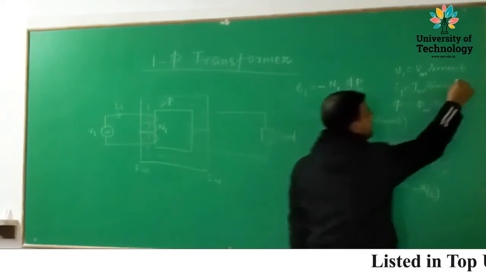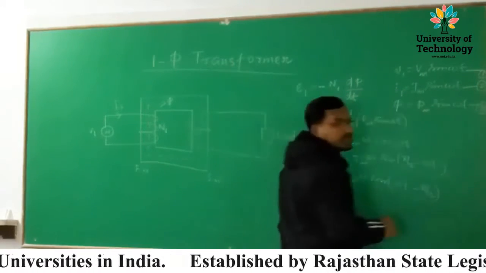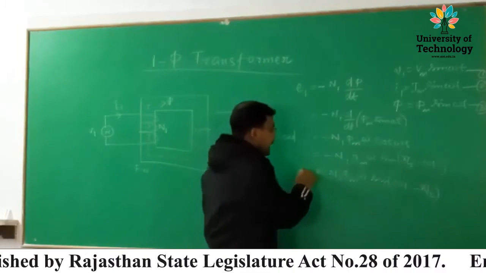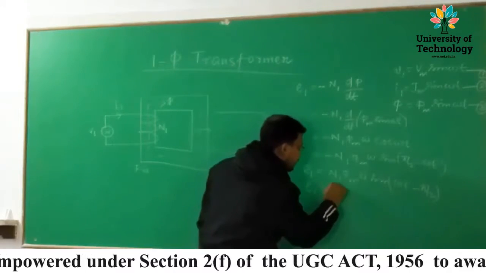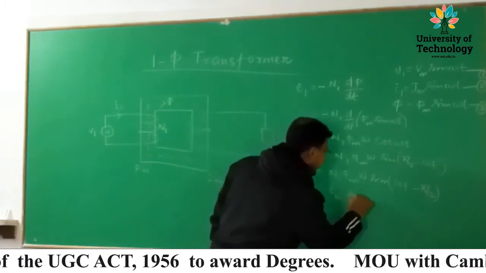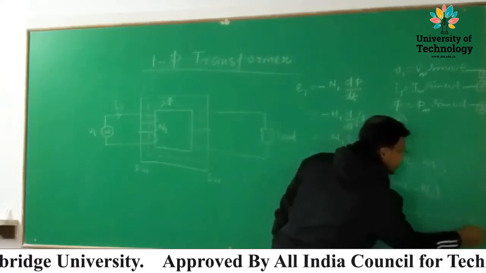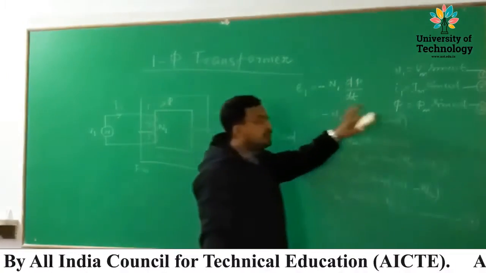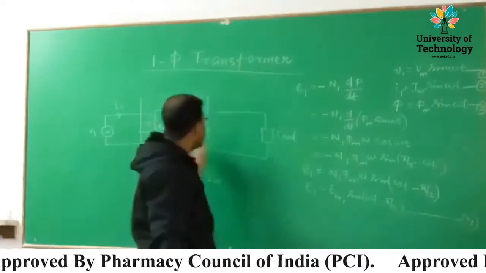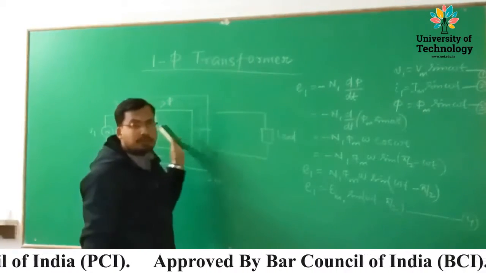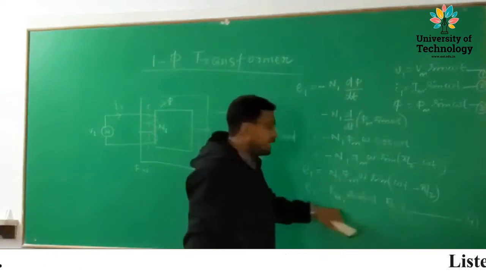Or we can write E1 equal to capital EM1 sin of omega t minus pi by 2. This is the fourth equation. So from this we get that if we give a flux of phi m sin omega t, then the EMF induced in the primary winding due to the current I1 and number of turns is EM1 sin of omega t minus pi by 2. So here, what is this EM1?